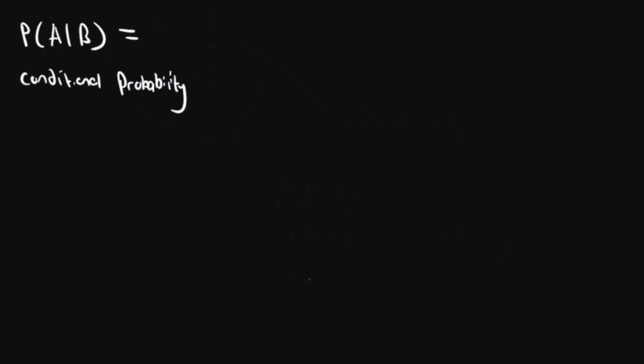So let's say you want to find the probability of an event occurring given that another event has already occurred. So how do you do that? Well, to write it, you would write it as probability of A given that B has occurred. So this is known as conditional probability. So it turns out that this is equal to probability of A and B occurring divided by probability of B